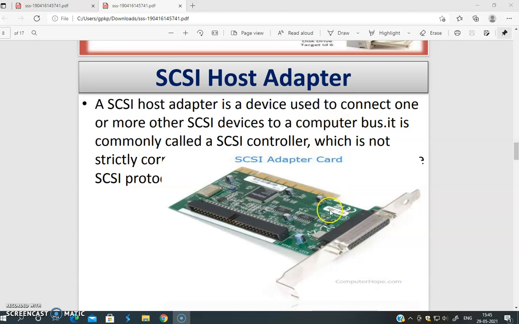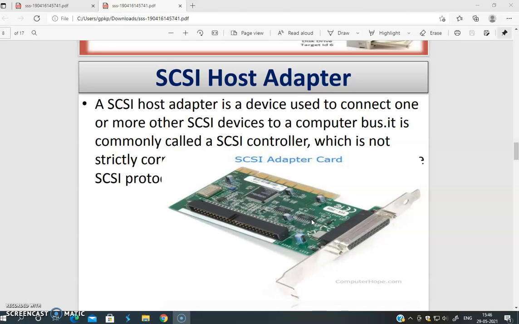This device is used to connect SCSI and other peripheral devices, and it will give that input to your computer bus through what is called the SCSI controller. And through the SCSI controller, these instructions will be passed to the motherboard. Then the motherboard will take appropriate action when you are interacting with those external devices.